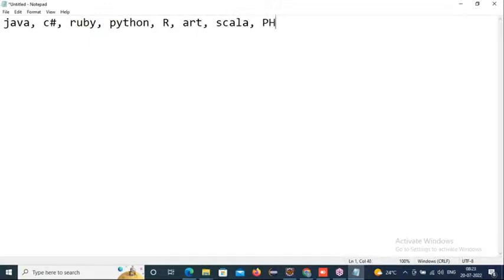Okay. And the next question is, what is the prerequisite to take Selenium automation? Yes, some programming knowledge is required to take this Selenium automation. What kind of languages does Selenium support? It supports Java, C Sharp, Ruby, Python, R language, Dart, Scala, PHP,